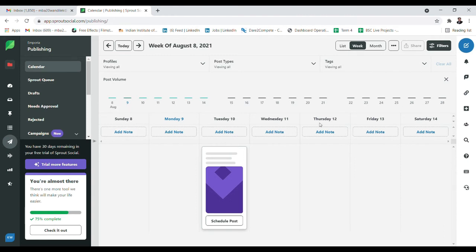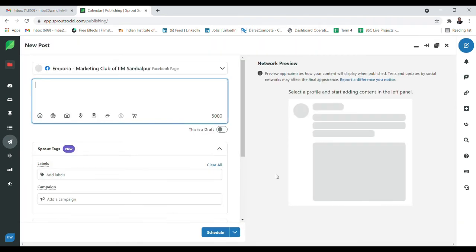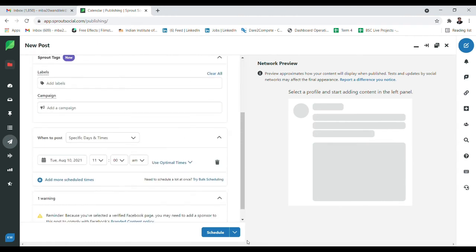from 8th August to 28th August, and further they are grouping weekly. So if you see, there's the option of schedule post. Even for 11 Wednesday, I can simply schedule a post, where I can put which platform I have to do it on. From here we can select the different platforms, then the post image, whatever you want to put there, and then you can schedule it according to the time.